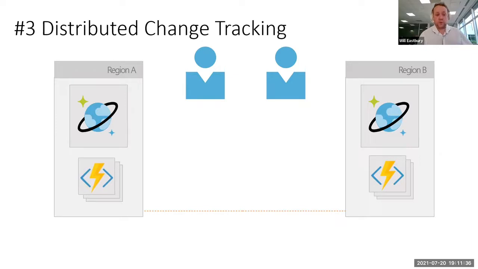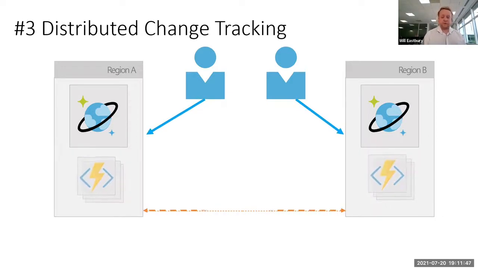Or we can do the inverse, and we can say, actually, we don't just want to see this in one region, but I want to be able to write to both regions, and I want these both to pulse, and I want them to be picked up in both regions. And then that acts like a geo-replication, invoking our compute